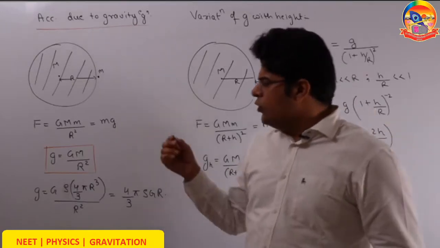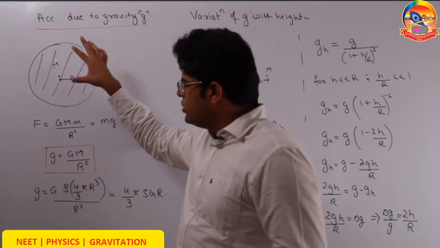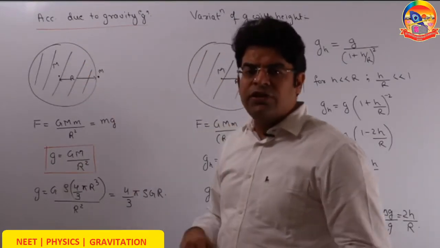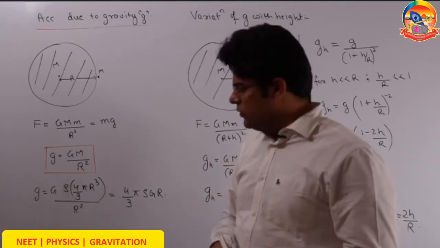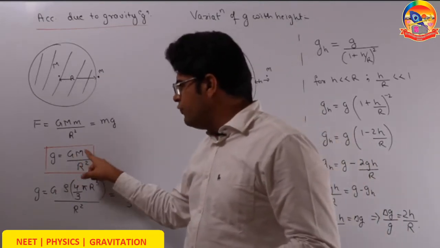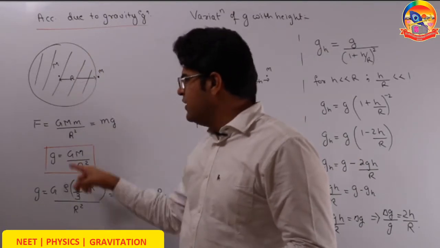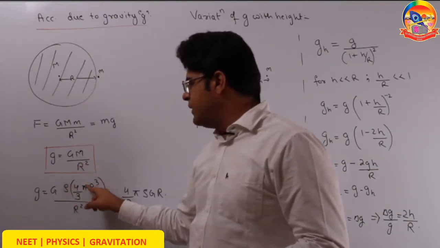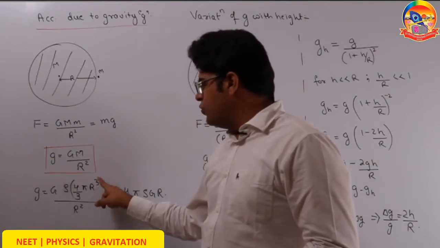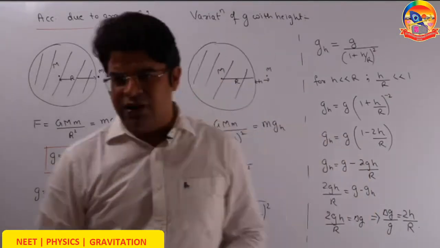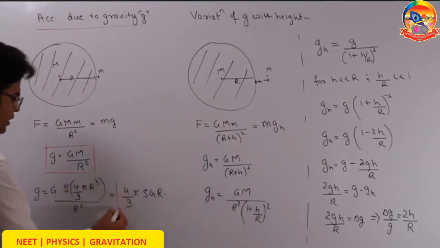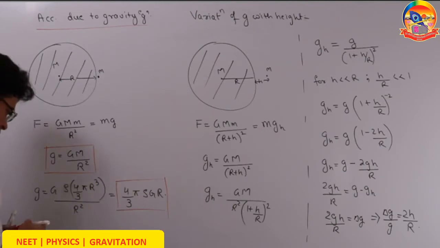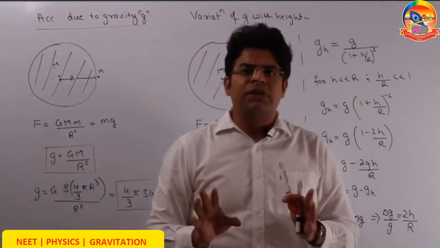Sometimes we don't wish to write the acceleration due to gravity on the surface of Earth in terms of mass of Earth. We wish to write it in terms of density of Earth. Then what to do? In place of mass of Earth, think that this is a sphere having density rho and radius R. In place of mass, you can write density into volume, 4/3 pi R cube. R square, R cube, two terms get cancelled. So you can even write the acceleration due to gravity on the surface of Earth is 4/3 pi rho G R. One thing, this formula is valid for any planet.